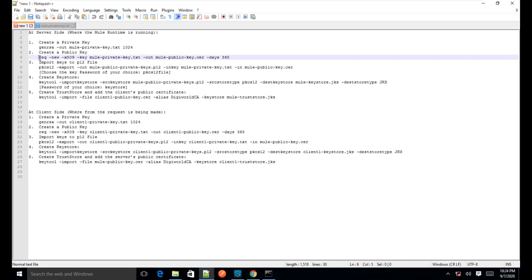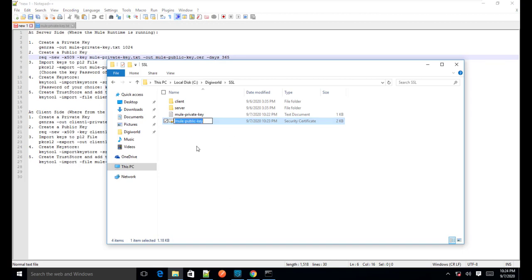In a real-life scenario in projects, using this public key file a CSR is generated, and that CSR is sent to the certificate authority.